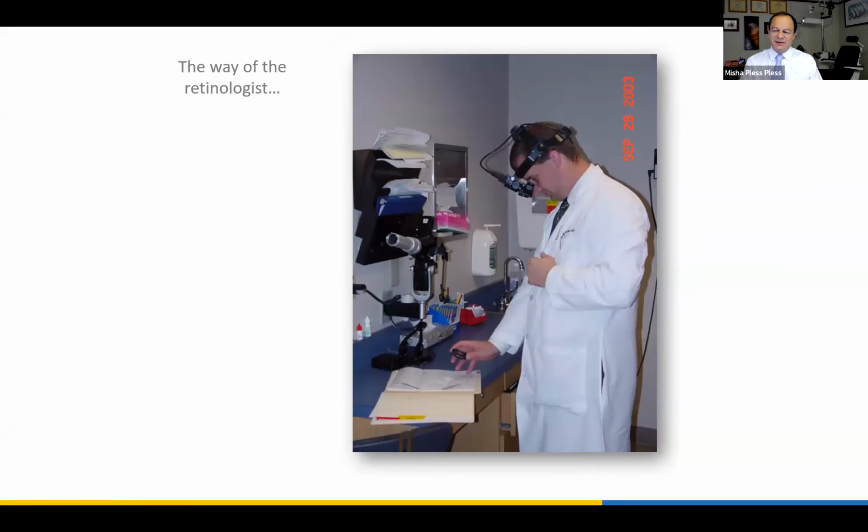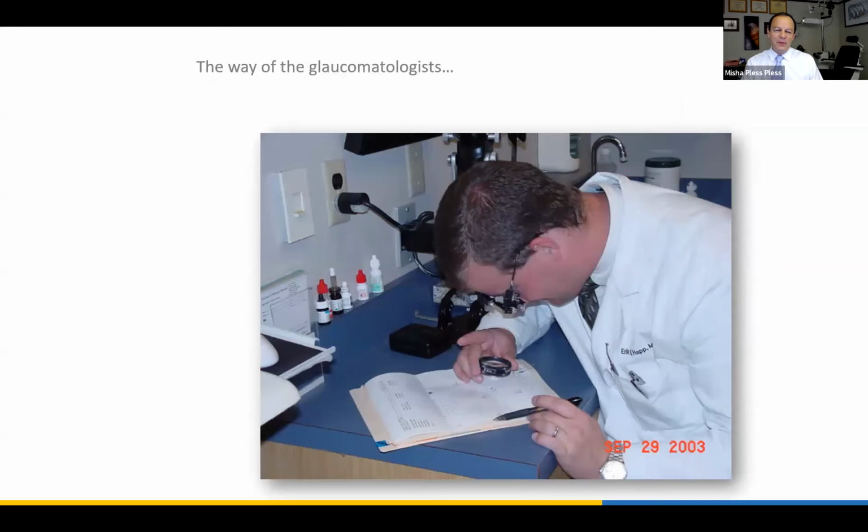If you're a retina doctor and you have this contraption on your head, you look at visual fields as some sort of, well, I'll get the information by looking at the retina, period. If you're a glaucoma doctor, you're looking at the very fine details of each visual field separately to see progression